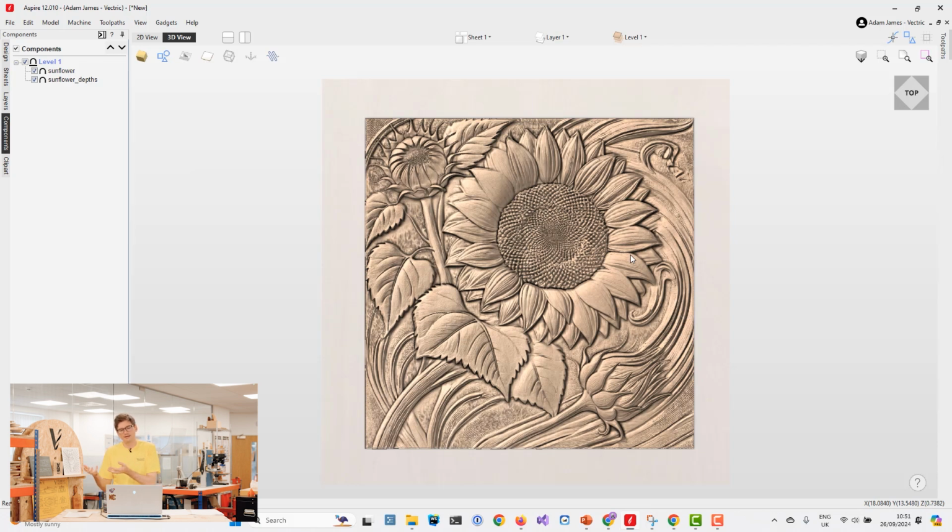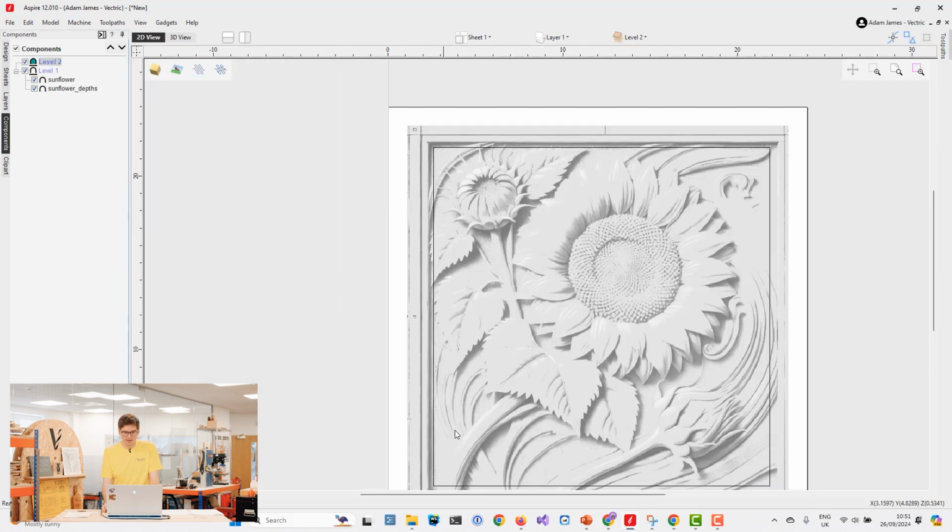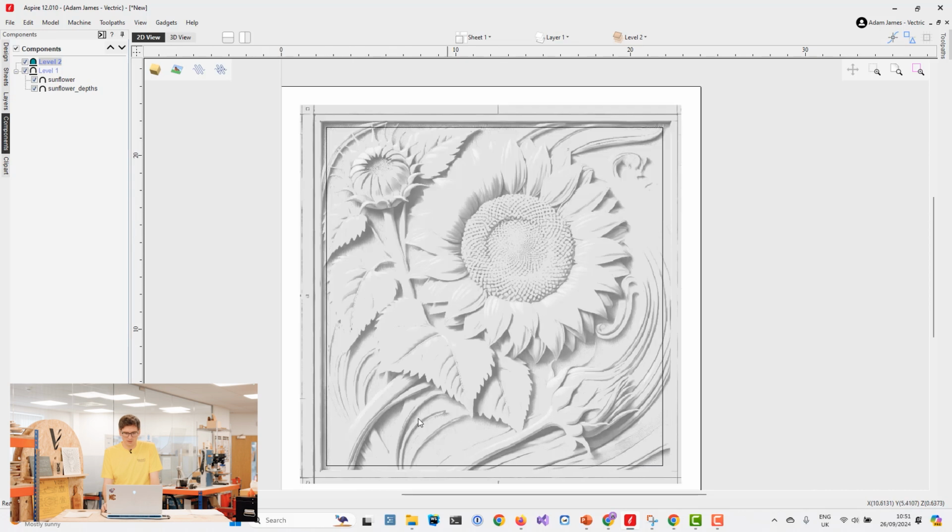Our original one had a border, so we could add that back in. And the way we might want to do that is by adding a new level. The reason I want to add a new level is I want the border to merge in with the rest of the model. So I'm going to set the combine mode of the level to be merge. And then within the 2D view, I'm just going to create the vectors for my border,